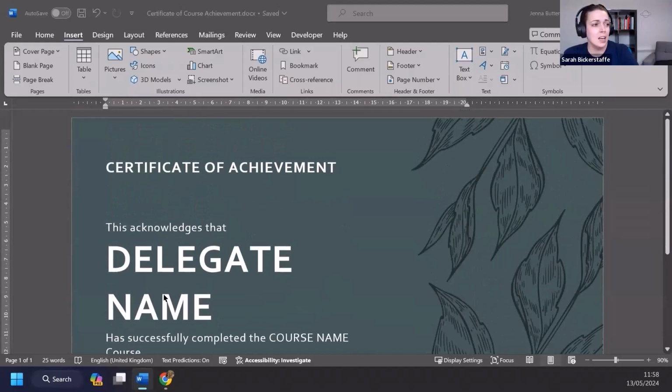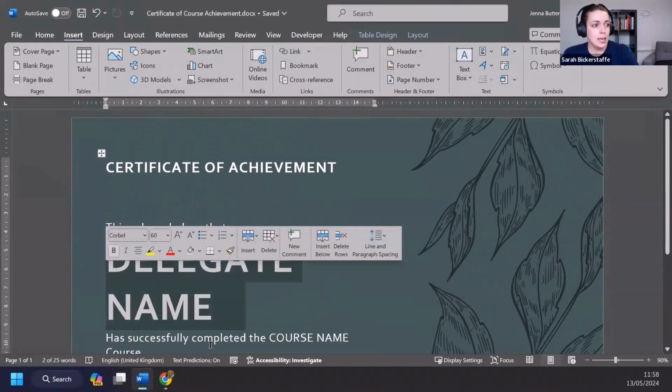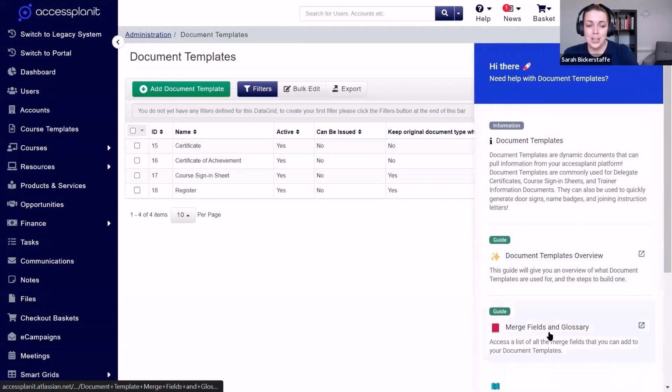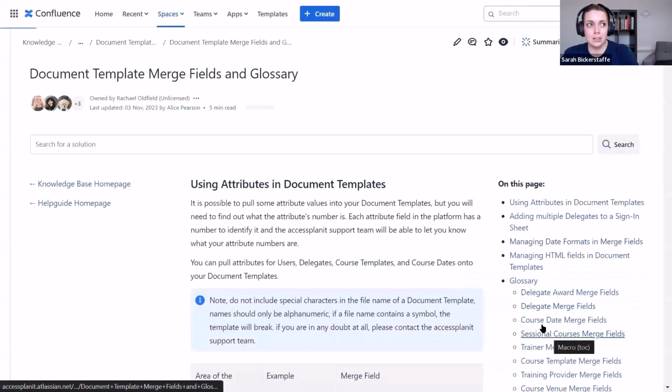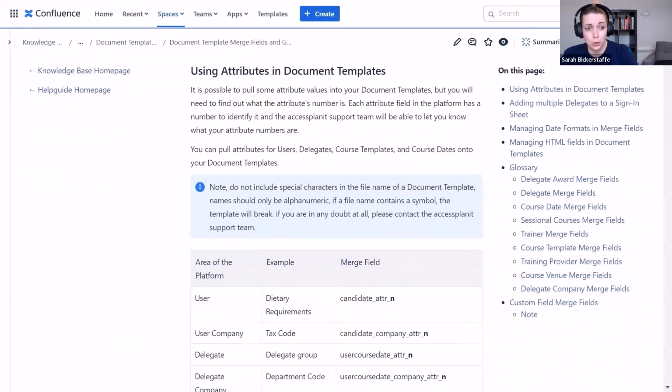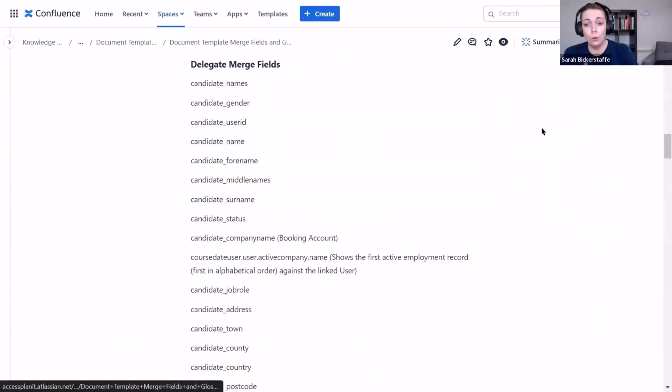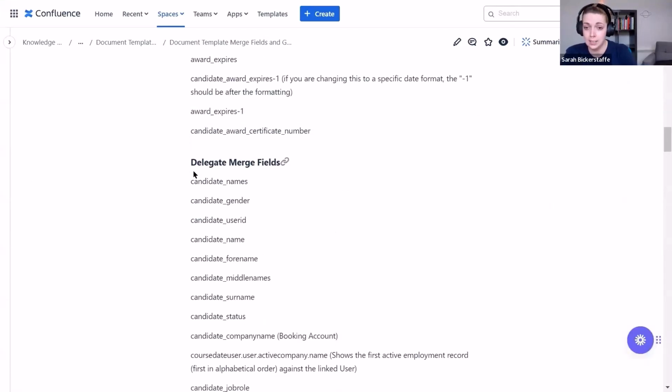So you can see there, delegate name is currently in free text. So I want to change this. So in the document template area, we have our help at the right-hand side, and you can get access to the merge field and glossary page. Whenever you're creating document templates, you'll want this page open because it has all of the fields that you can access from your platform. Now we're going to grab candidate name,